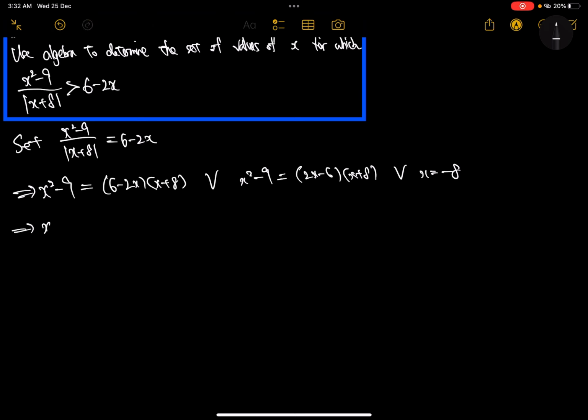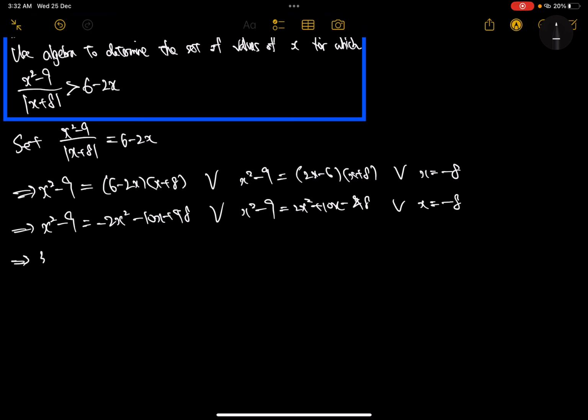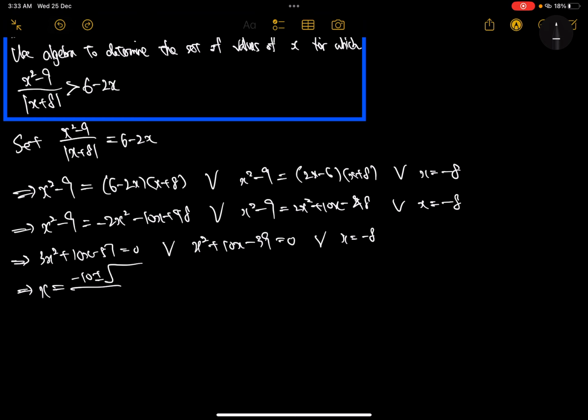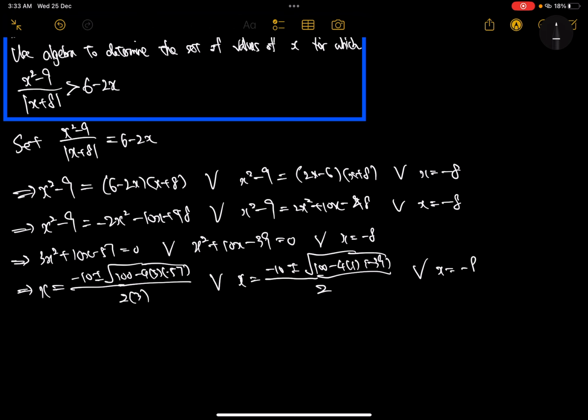Just basic stuff. So we have x squared minus 9 is equal to -2x squared minus 10x plus 48, or we have the other way round, or we have just -8, plain old -8, which means we could have 3x squared plus 10x minus 57, or x squared plus 10x minus 39, or we could have x is -8, which means we could have x equal to -10 plus or minus the root of 100 minus 4 times 3 times -57 over 2 times 3, or we could have x is equal to -10 plus or minus the root of 100 minus 4 times 1 times -39 over 2, or we could have x is -8,